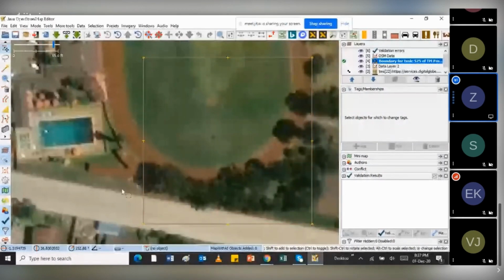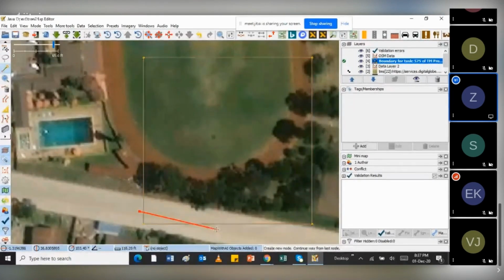So what I just do, I'll draw a node and try to draw this road from here and then cut it through to this side. So click on that and add here, and then click escape, and then select that road.